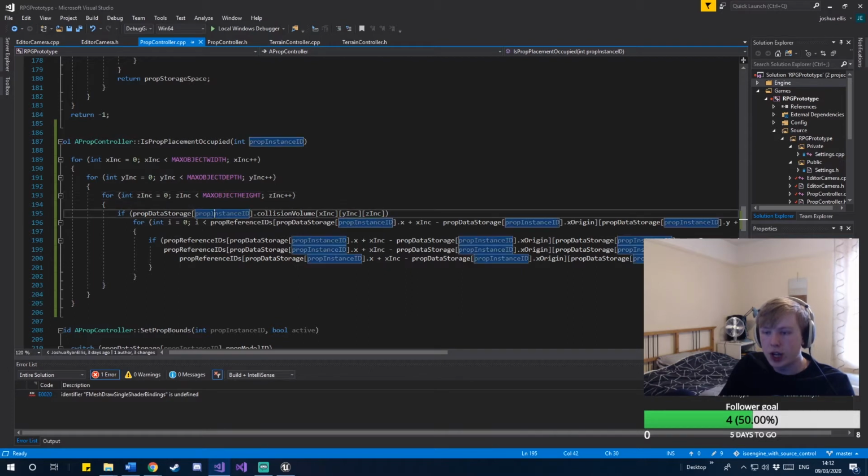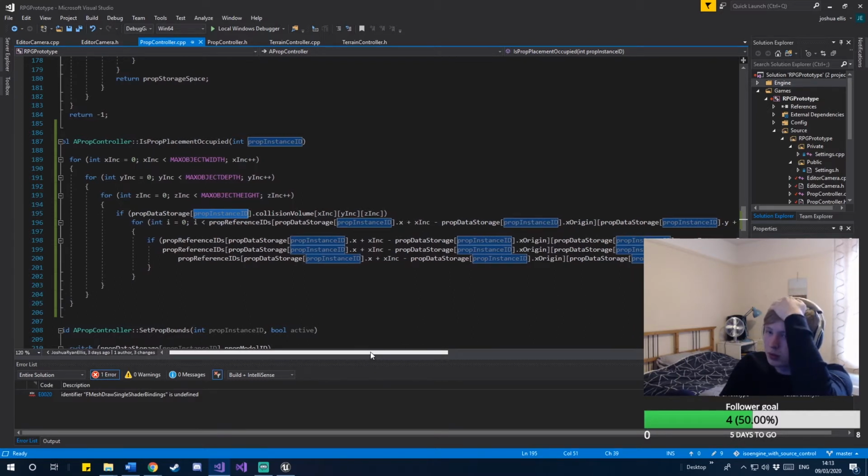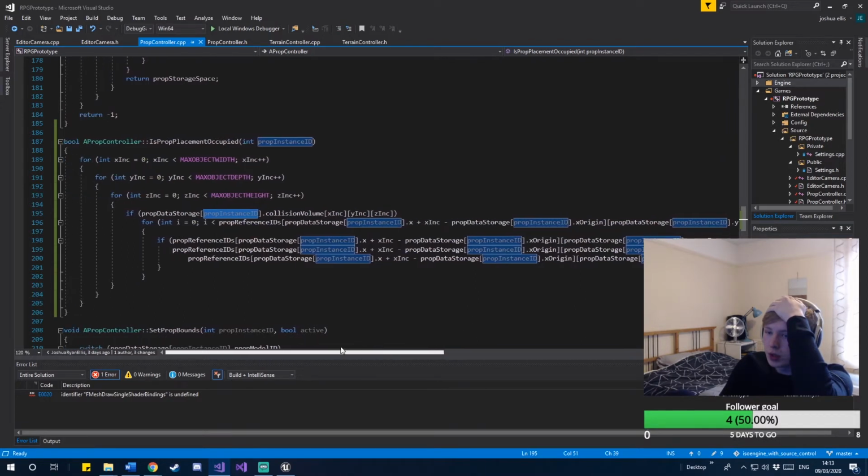So yeah, we actually want to check the thing that's passed in. So yeah, this is the object that we're trying to spawn in. We want to check its occupied space. Probably would have been easier if I'd have moved some of these increment definitions up to here instead, but